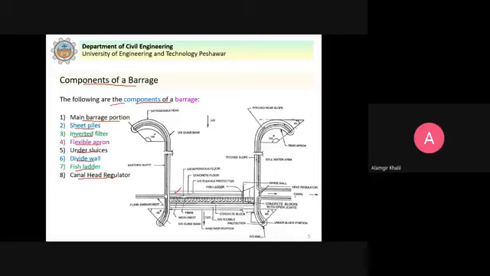You can see here that we have the canal. To control the flow, we have this canal head regulator. Silt regulation works, as we already discussed in the previous lecture in detail, to control the flow of silt into the off-taking canal.